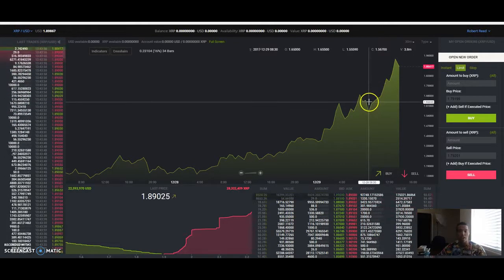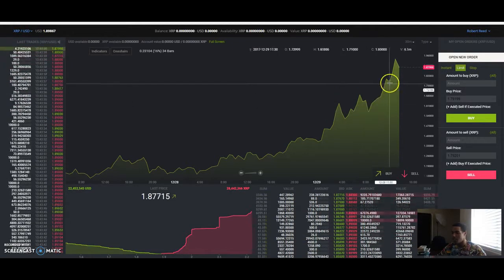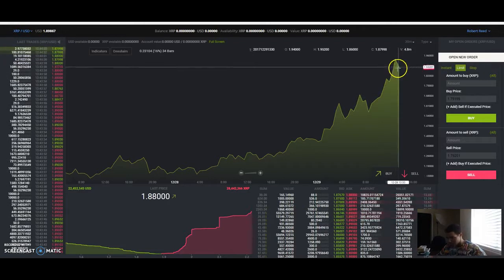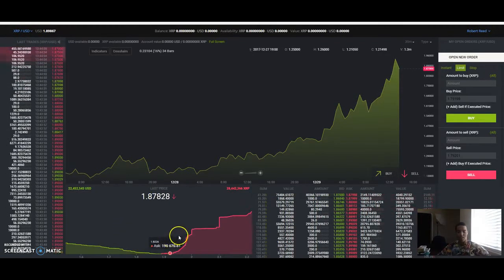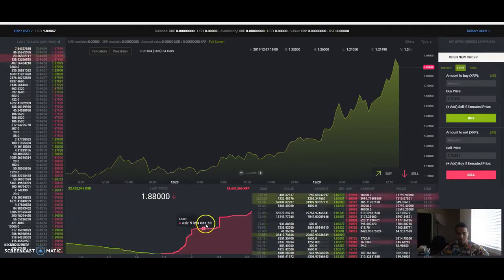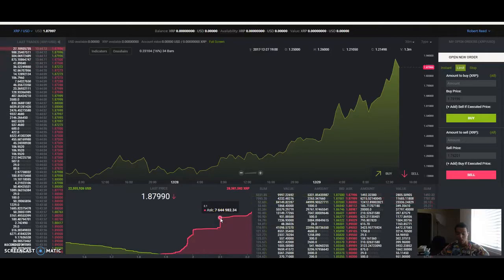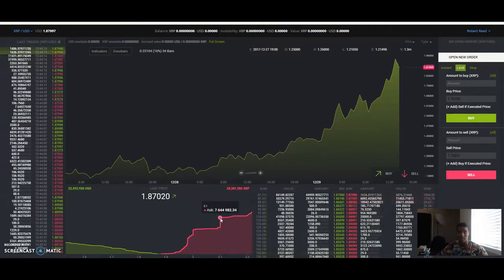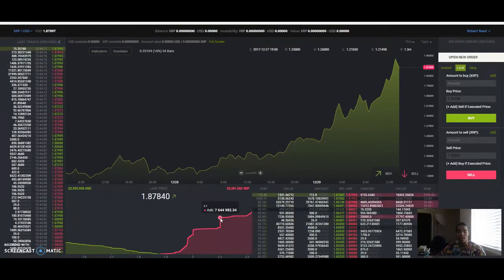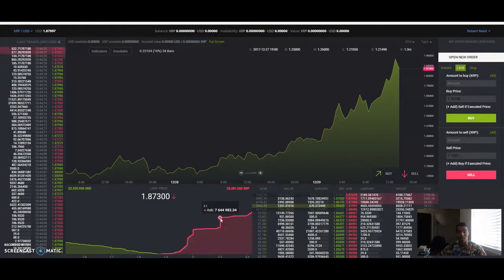which is the reason why Robert and I are trying so hard to get involved. So again, we'll see here we have the depth chart, which shows you exactly where all these sale orders are going to happen. We see that there's a large amount of sales are going to take place at this $2.10 range. A lot of people are trying to take profit. It makes a lot of sense. If you were a person who bought in when the asset was below 50 cents, this represents a huge gain,